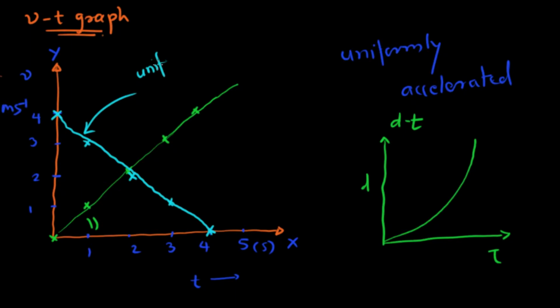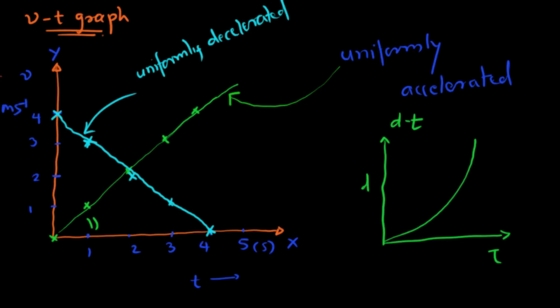That's uniformly decelerated. That means velocity of the body is decreasing equally at the regular interval of time. Let me just put this thing. And well, this graph is for uniformly accelerated motion. And if you remember,